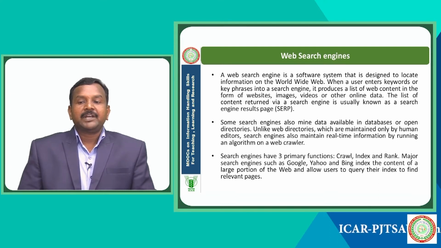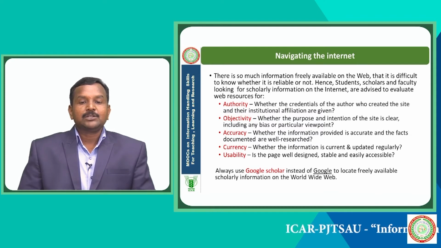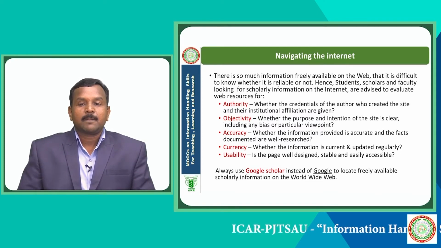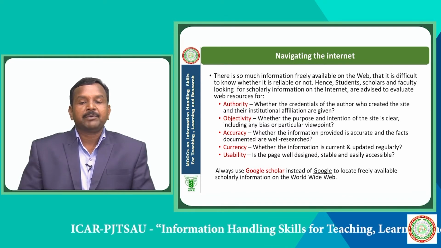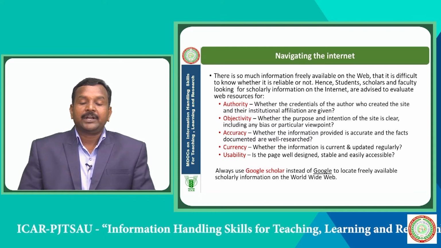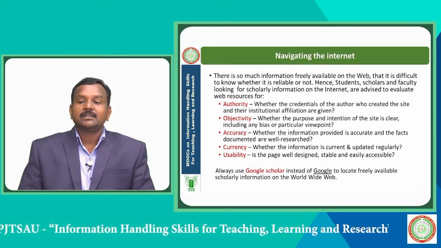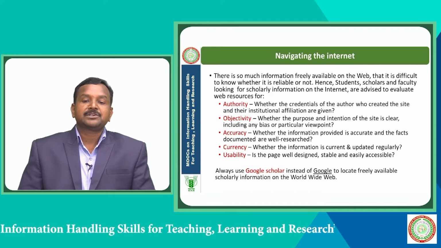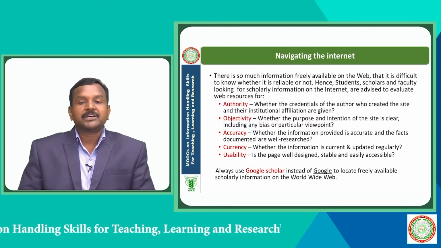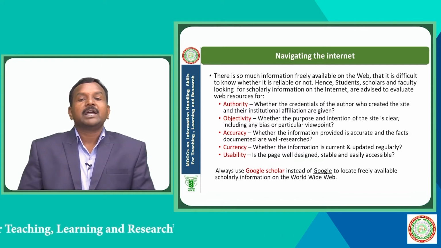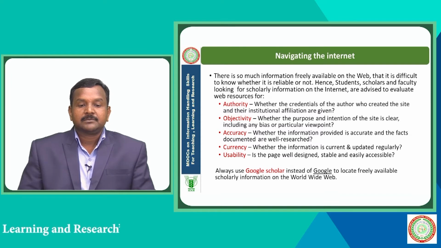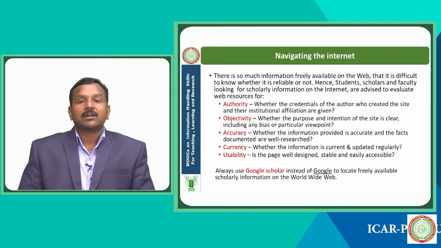There is so much information freely available on the web that it is difficult to know whether it is reliable or not. Hence, students, scholars, and faculty looking for scholarly information on the internet are advised to evaluate web resources for authority, whether the credentials of the author who has created the site and their institutional affiliation are given; objectivity, whether the purpose and intention of the site is clear, including any bias or particular viewpoint; accuracy, whether the information provided is accurate and the facts documented are well researched;